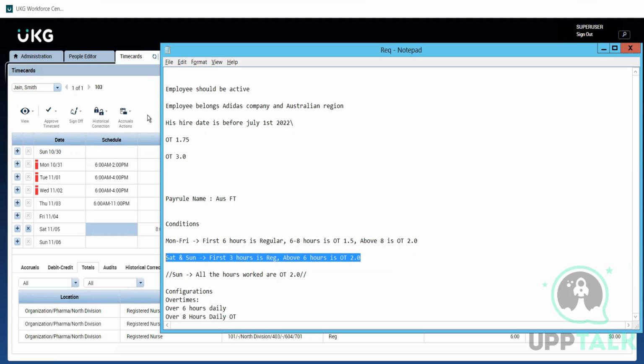So now what we need to do is, we already have 2.0. We already have above 6 hours overtime also. We already created this for this purpose, right? Only thing we need to do, oh, sorry, above 3 hours, right? Above 3 hours should be 2.0. First 3 hours is regular, above 3 hours is 2.0. So first we need to see whether we have an existing overtime. I think I have already created an overtime over 3 hours daily also, but let me see if that is available. So first we need to create the overtime